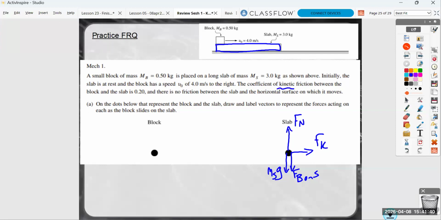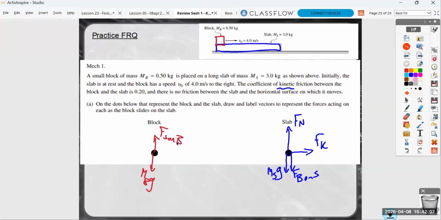in the problem. There is no friction with the surface. If I go back to my block, let's start with the easy ones, and then we'll talk about the problem. What should I find on my block? Gravity, MBG. I'm just going to be careful here. I don't want to reuse labels unless I want to be careful with my labeling. What other forces should go on my block? The normal force. And here, I'm going to go ahead and call this F